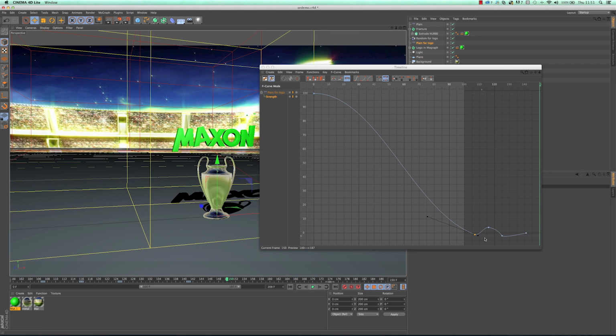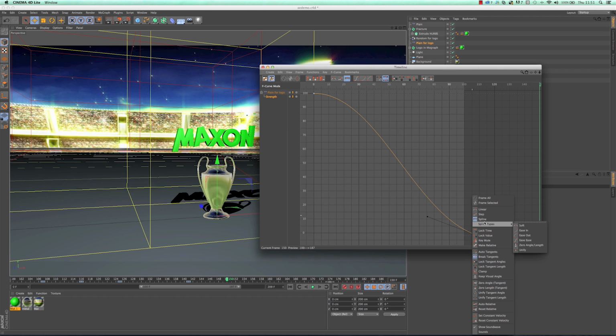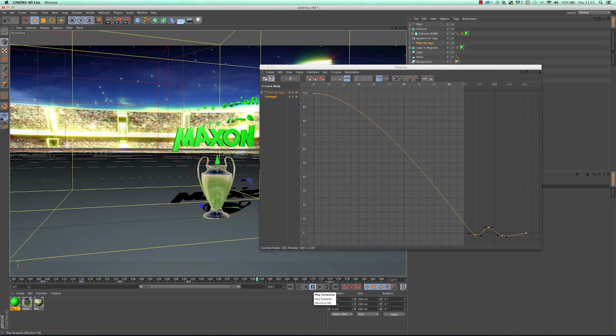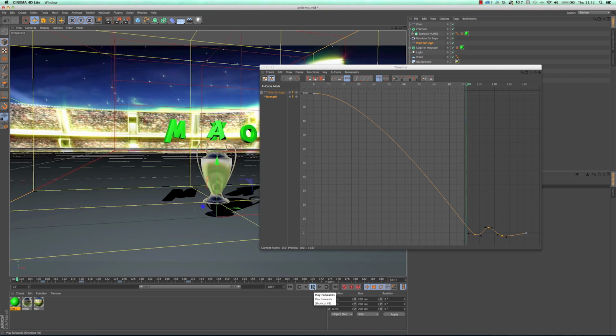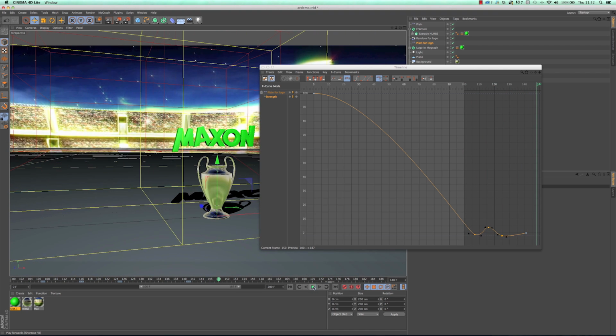And then the lovely thing is I can just keep tweaking this. There are different tools in this F-curve editor, so I could drag a box over these, for example, right click and choose auto tangents just to smooth it out a little bit. So that should give me a slightly different result again, like so, which is quite cool.